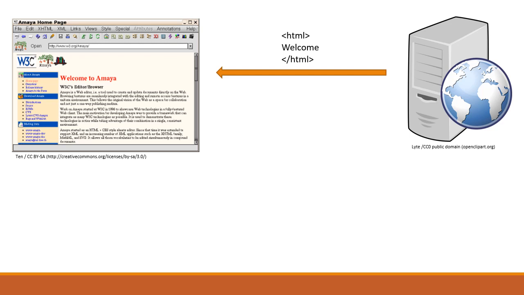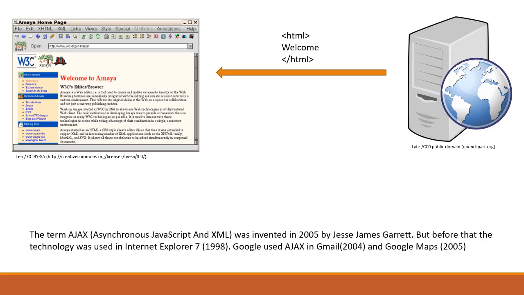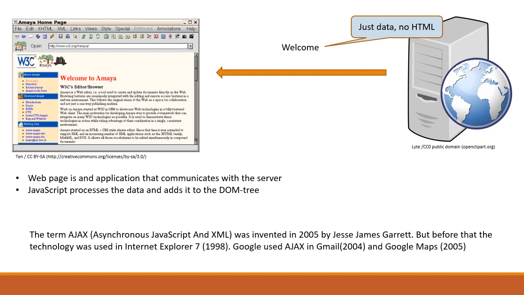Now, there's also another way that you can use your web application. You could also use Ajax. When you're using Ajax, your server doesn't send your HTML page to your browser. It will just send the data to your browser. And then, of course, your JavaScript will become more complicated, because now your JavaScript must also process this data, retrieve the data, and insert it in the DOM tree. So that means you will have rather complicated JavaScript code. Ajax wasn't used that often when you created a web application,